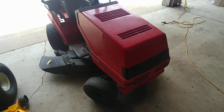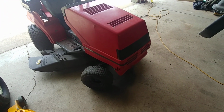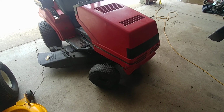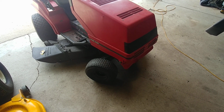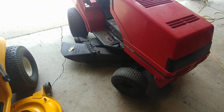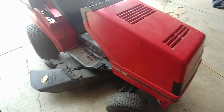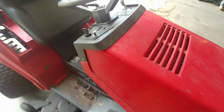All right, hey guys. Just doing an update on the two barn rescues. The first we're going to do is the Noma. The Noma is an 18 horse opposed twin Briggs,